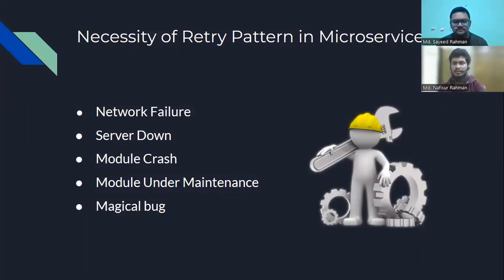And there could be a scenario where a server is down or under maintenance, like developers are upgrading it, and at that time a user is trying to access some data, requests the server, and it fails. In that time, the retry mechanism is very useful. Also there can be some unexpected bug that no one knows why it has happened, but if we have the retry design pattern in place properly, then maybe it will be recovered. For example, in the second point, which is server down, let's say that we have deployed an API,